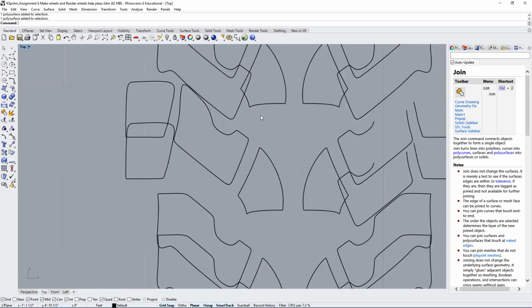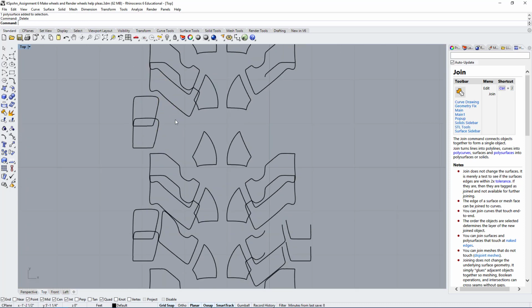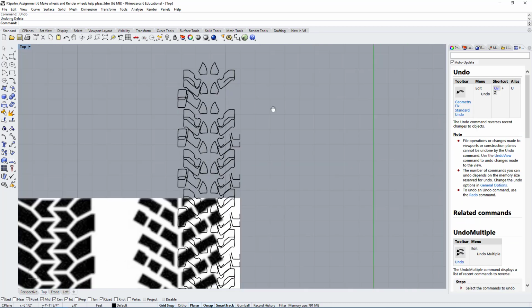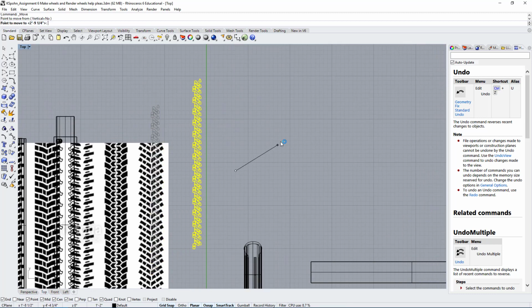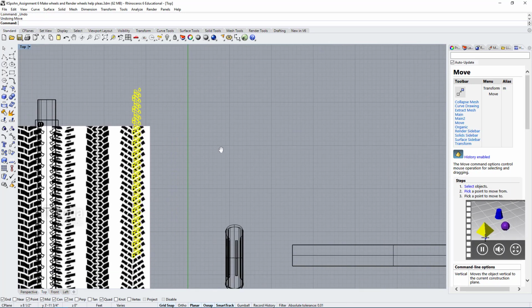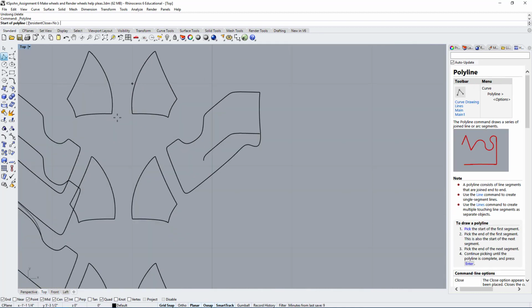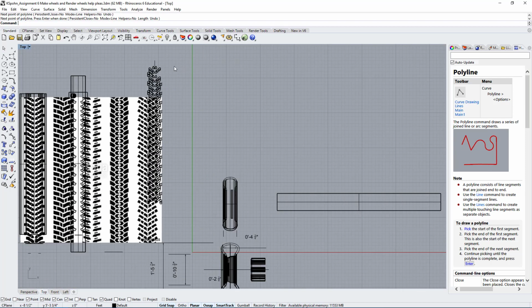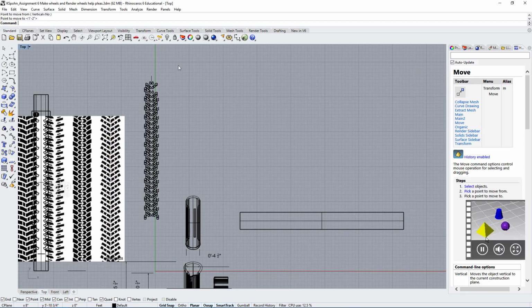Okay, this pattern is really complex and doesn't need to be this complex. So first of all, I'm going to delete half of it because we can mirror the other half. So there's no point in creating so much complexity. But before I delete it, I want to go back and create a straight line. So this will give me some kind of center axis, some kind of reference of where I want to mirror this pattern.